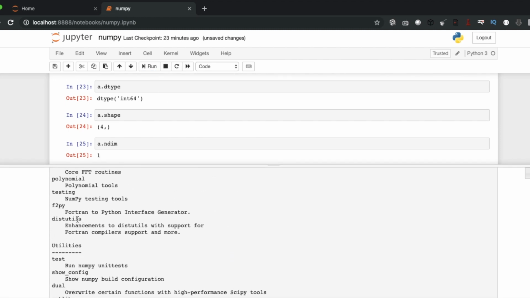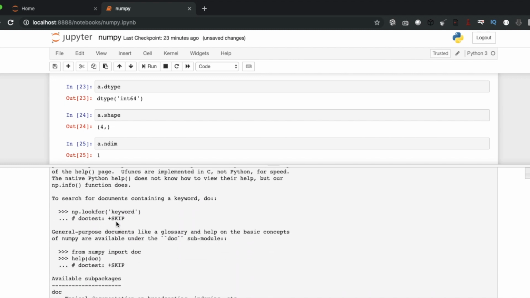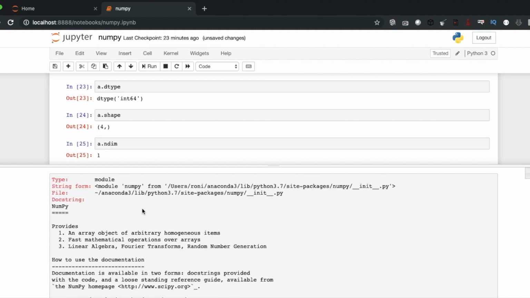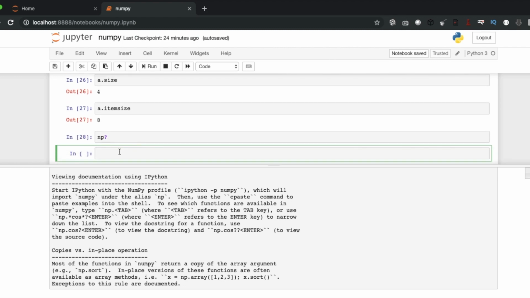Everything will be represented here, like np, size.